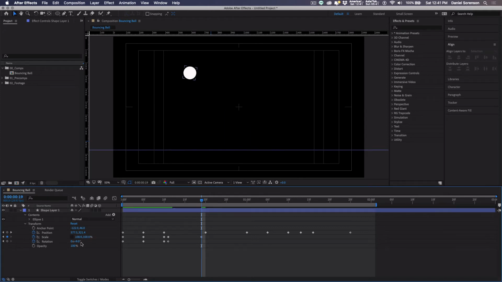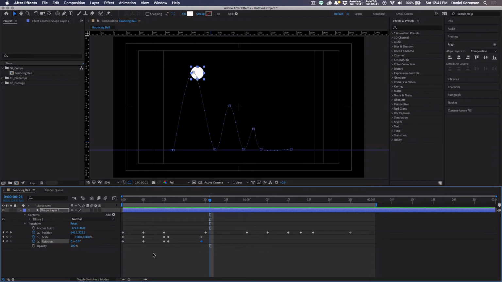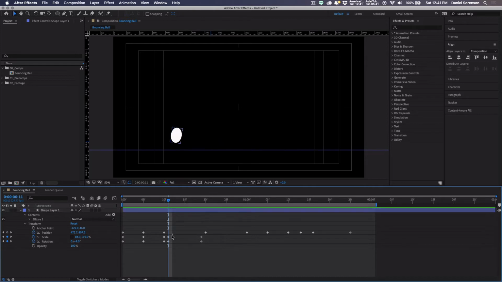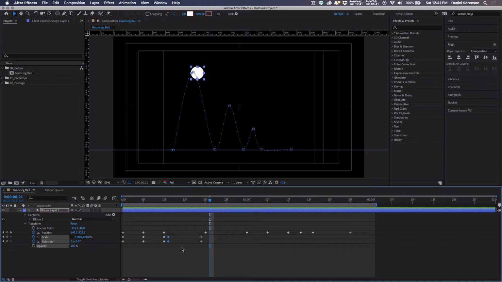So when it gets to the top, it goes up, and then as it starts to come down, I'm going to choose my keyframes that I already created for my squash and stretch to keep it the same. So here's my squash and stretch. I'm going to choose the keyframes for the stretch part of the squash and stretch. So that's right here. So I can copy these, and I'll take them over,